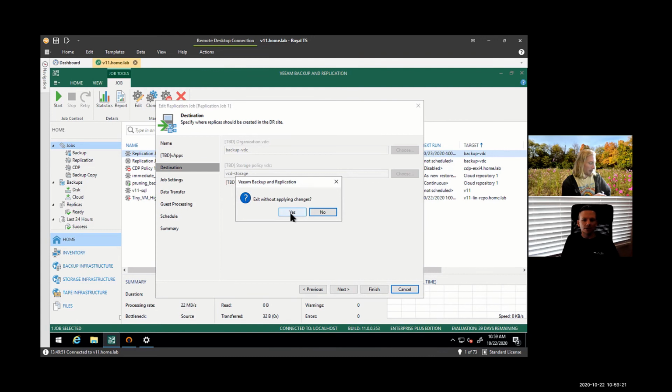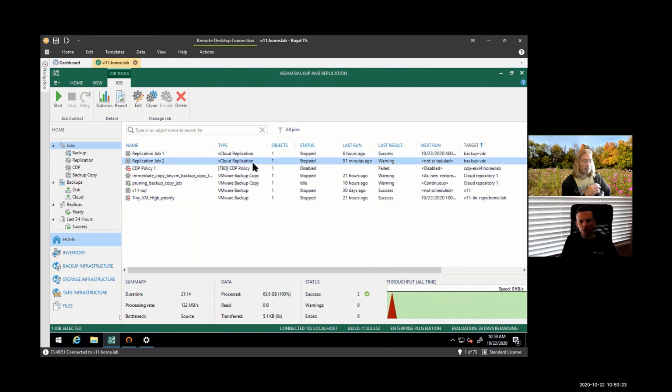So, requirements. Part of the installation, maybe you could talk just for a quick second around the piece of software that we actually install when we're doing this. Yeah, so VBR and the proxies are all that's required for VCD to VCD replication. The only administrative setting on your vCloud Director servers that you should be configuring is disabling what's called VM discovery,